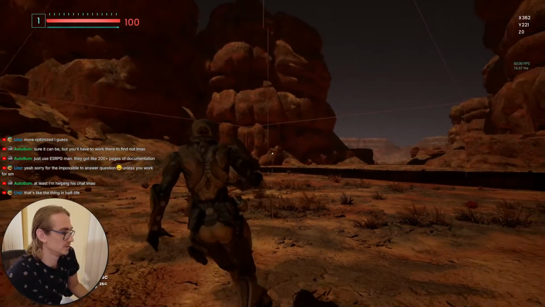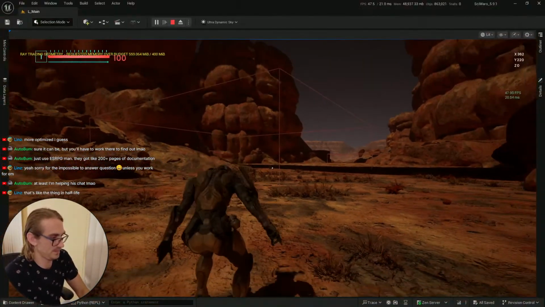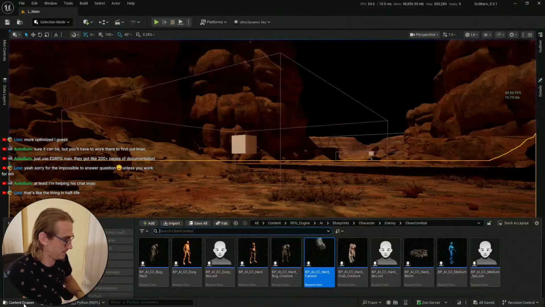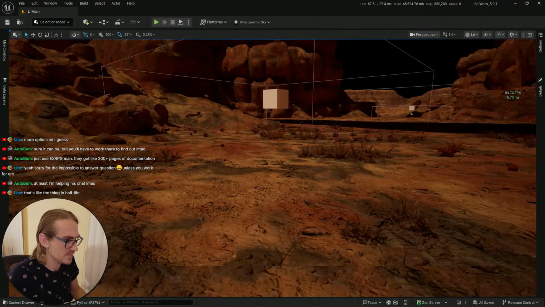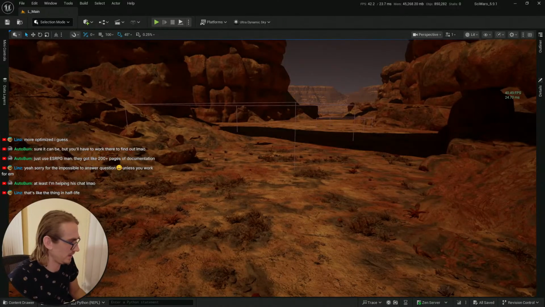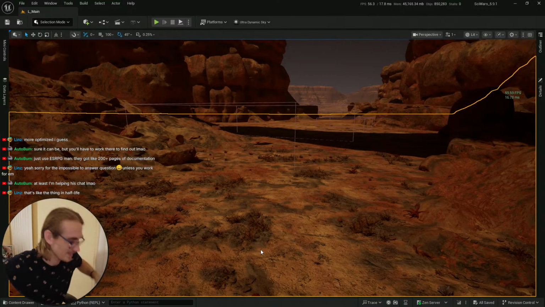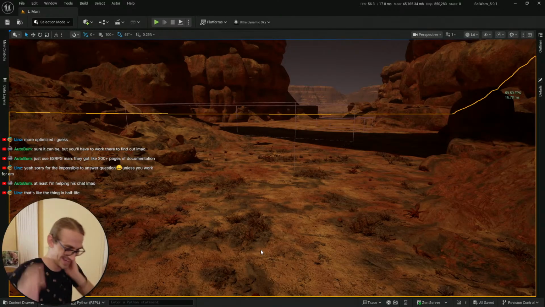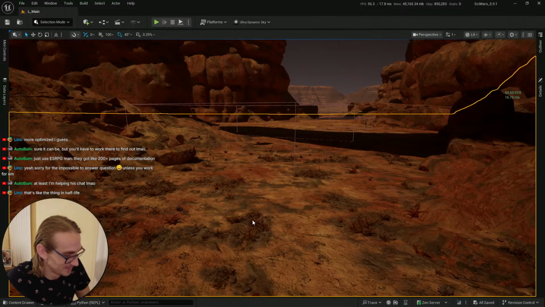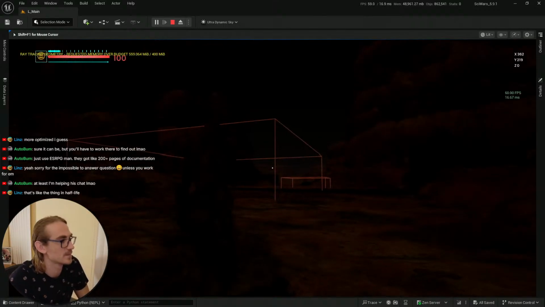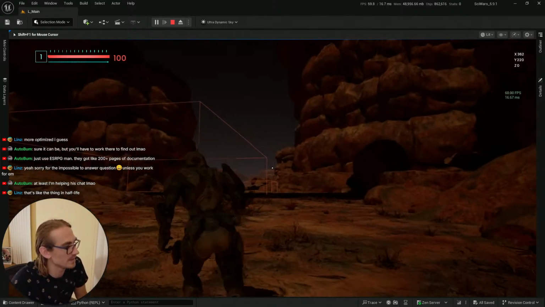I have very little experience with blueprints, so definitely just learning. Okay, so